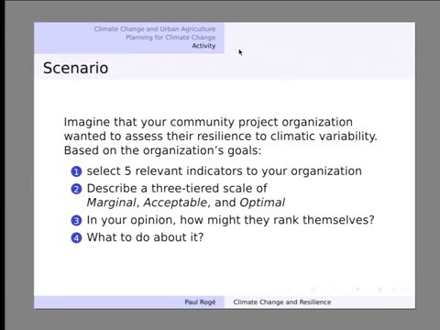So that's the outcome of the work that we did. We have half an hour, so I'm going to stop and take a few questions. But basically, the idea I had in mind was, what if we divided in groups based on the lab groups, the community project groups, and discussed for our community projects, how would this same methodology be applied? What kinds of indicators might be used to describe their systems? How might they rank them? And if you were to imagine doing this evaluation with them, what outcomes might come out of it? So that's what I would propose as an activity in the last 30 minutes.